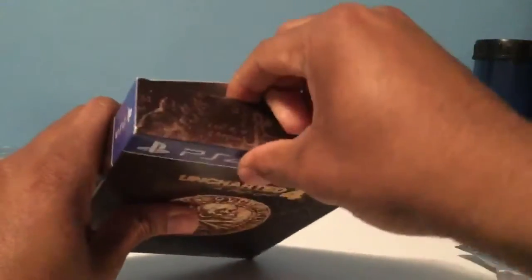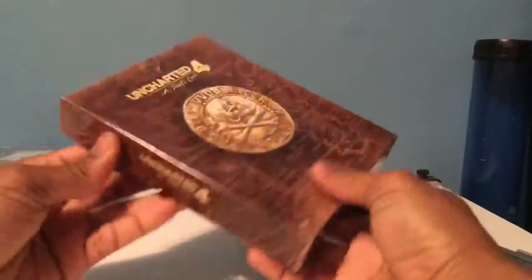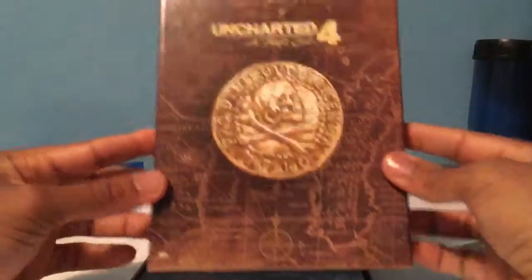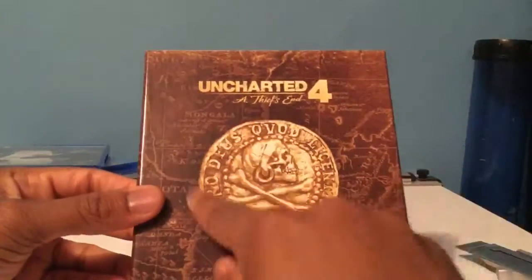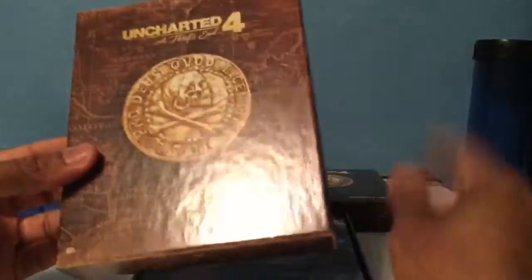So let's open this up and try not to rip it. There we go. Opened up pretty nicely right away. Ooh, okay. Nice. It comes with like a little book, sort of like a slipcase. So it's almost like a treasure box. Really nice artwork there with the coins, the gold. Every game I think has had a different gold coin design